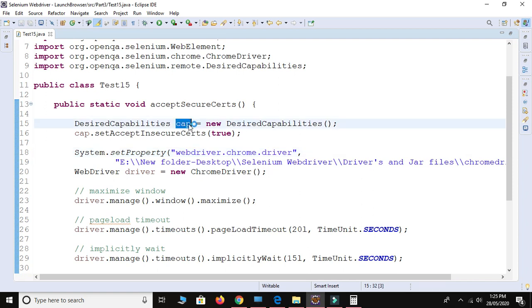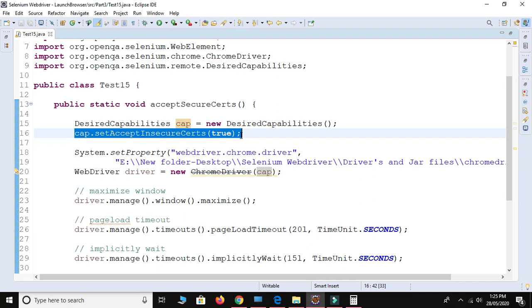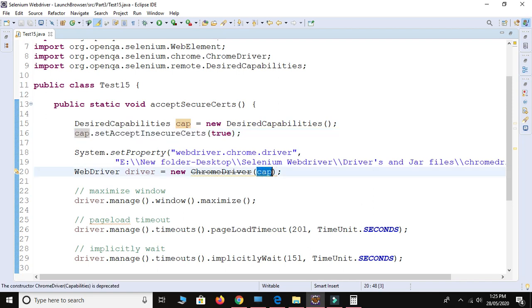Now we provide this reference variable here, because we launched our Chrome browser. So only we need to accept this insecure certificate, and then provide our reference variable cap over here.